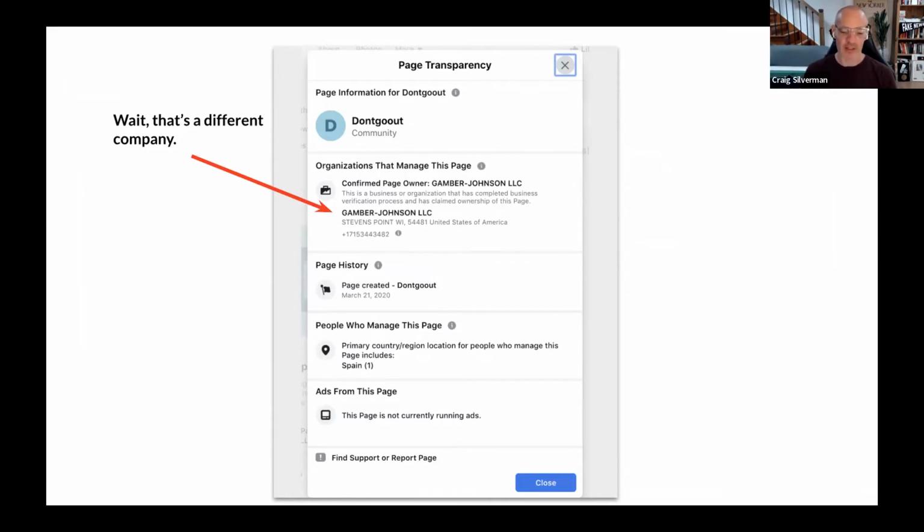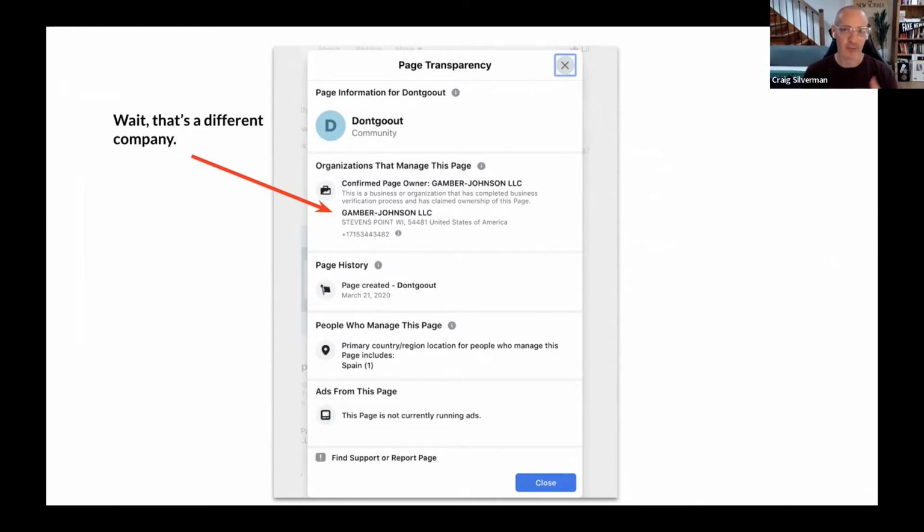What's also interesting is sometimes Facebook will show you the location of the accounts of people running and managing the page. This one says Spain, okay? So that's interesting. But as you'll see, as we try to figure out who the real company is and where they're actually located, there are some real signals we get, and there are some false signals we get, okay? And this is just like I said before, you can have a verified account, but you still need to be a little bit careful. And so you can have, as Facebook puts it, a confirmed page owner, but you have to be a little bit careful.